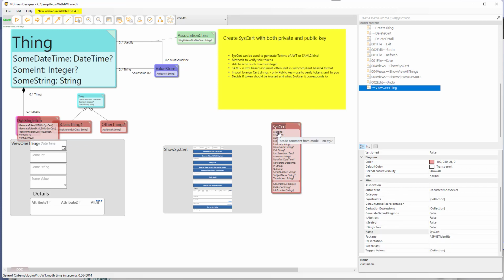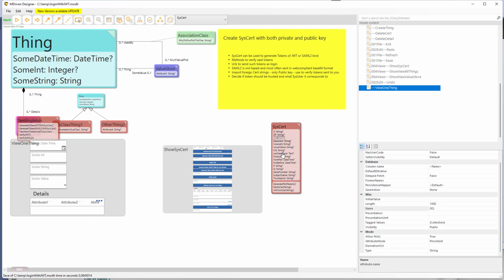It uses RSA parameters to generate keys. And what is important with the RSA parameters is these different exponents that are the RSA